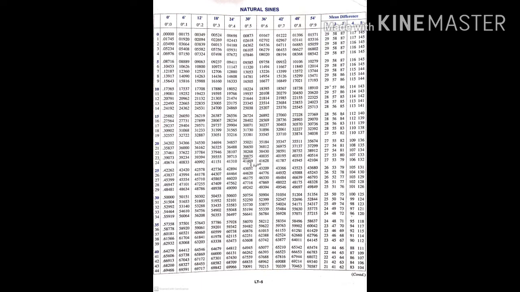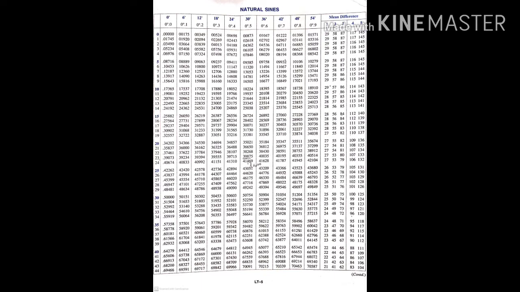Now after that first column, which is your angle, there is the first horizontal line, the top of the table. There it is written 0, then a dash, which is called minute: 0 minute, 6 minute, 12 minute, up to 54 minute. So these have a gap of 6 minutes, like 0 minute, then 6 minute, then 12 minutes. If the angle is 10 degree 15 minute, like that you have to look here.